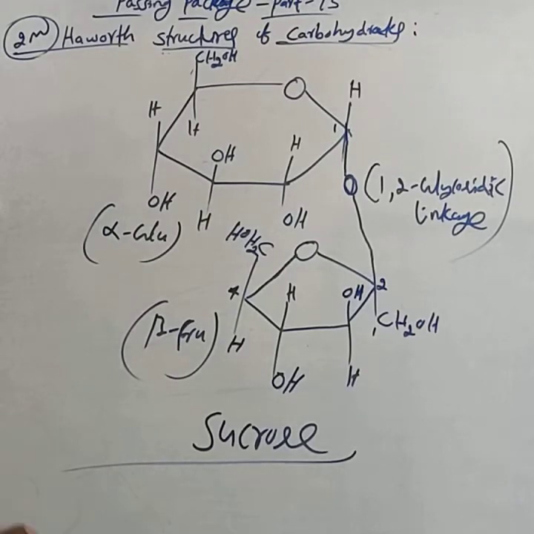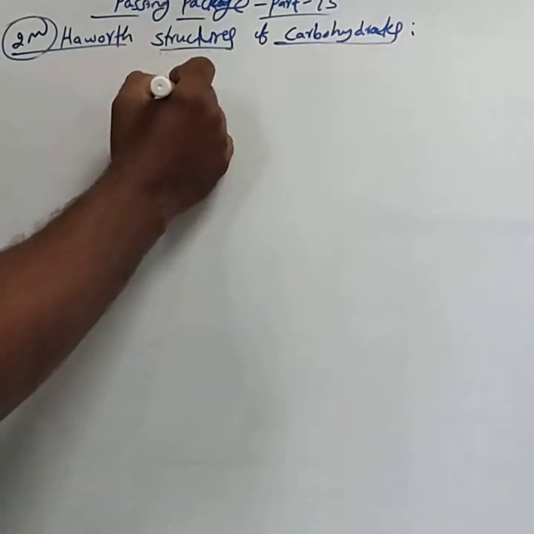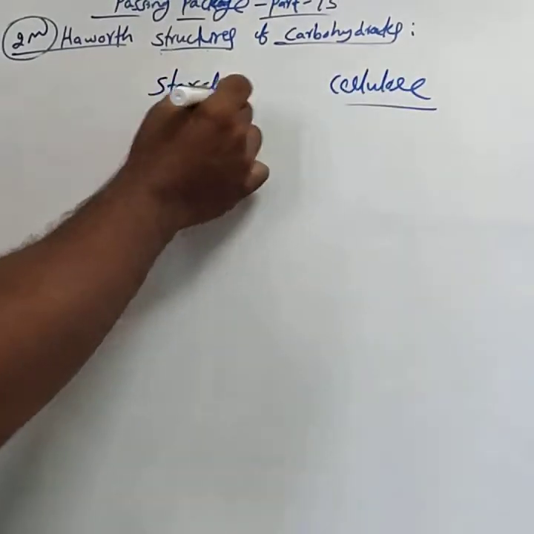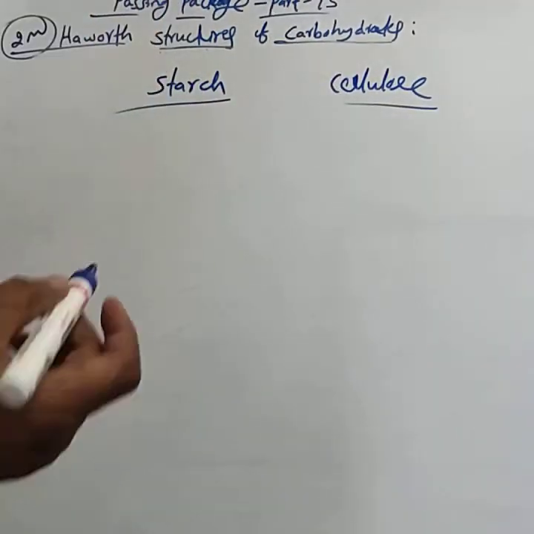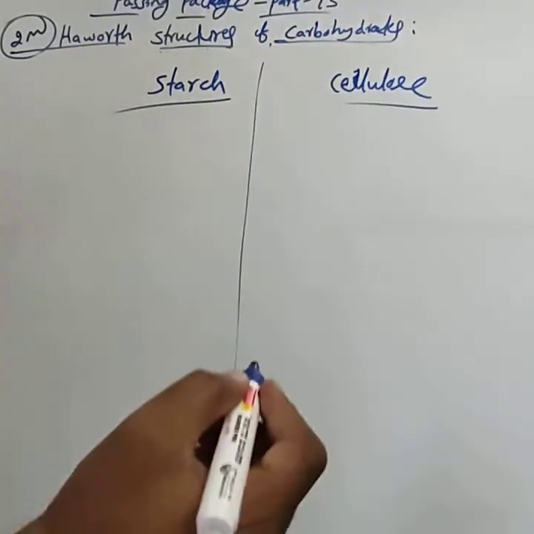They can ask either monosaccharides or disaccharides. Next, you consider one more point, that is the structural difference between polysaccharides, that is, starch and cellulose. For polysaccharides, you only have to write the structural difference between starch and cellulose. One more is glycogen, but the glycogen structure is similar to starch. Hence, we only have to consider the structural difference between starch and cellulose.